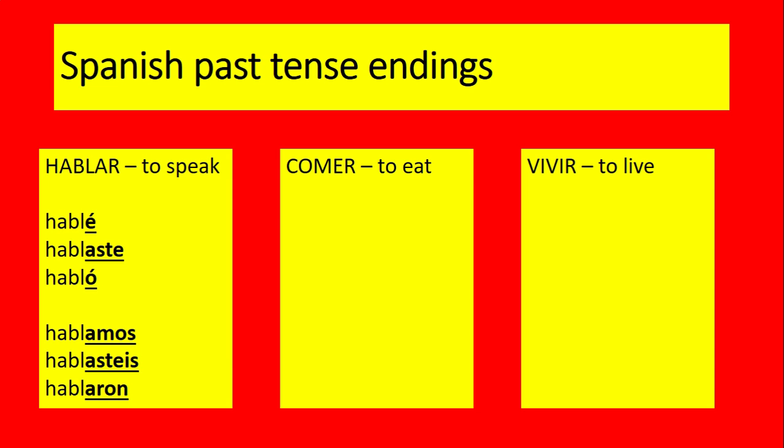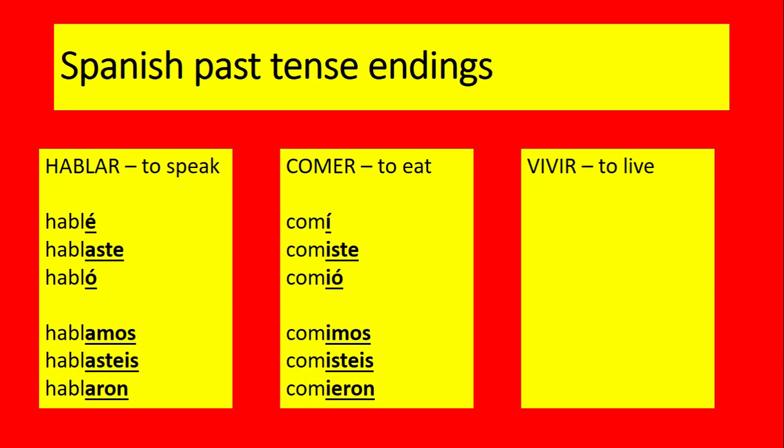The past tense of comer goes comí, comiste, comió, comimos, comisteis, comieron. So that's I ate, you ate, he, she, it ate, we ate, you ate, they ate. And vivir in the past tense goes viví, viviste, vivió, vivimos, vivisteis, vivieron. So memorize